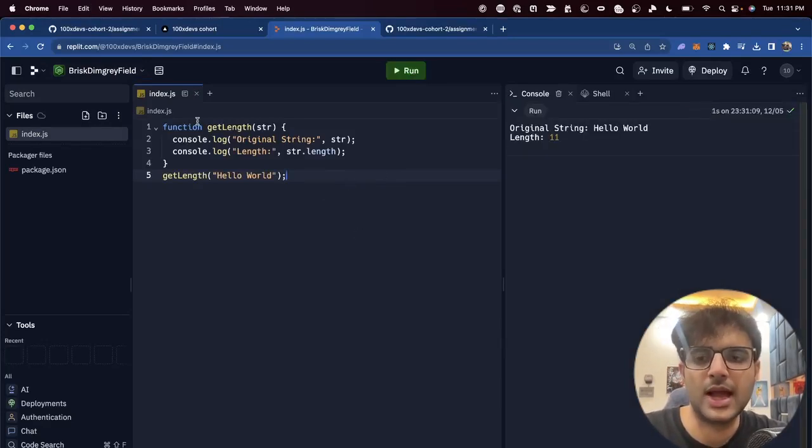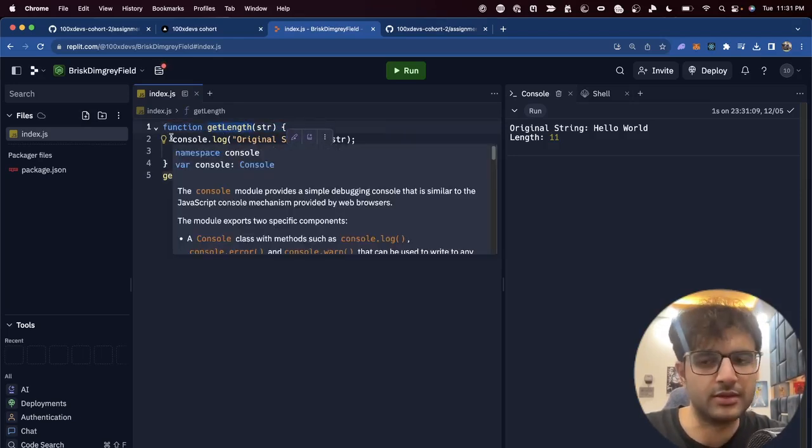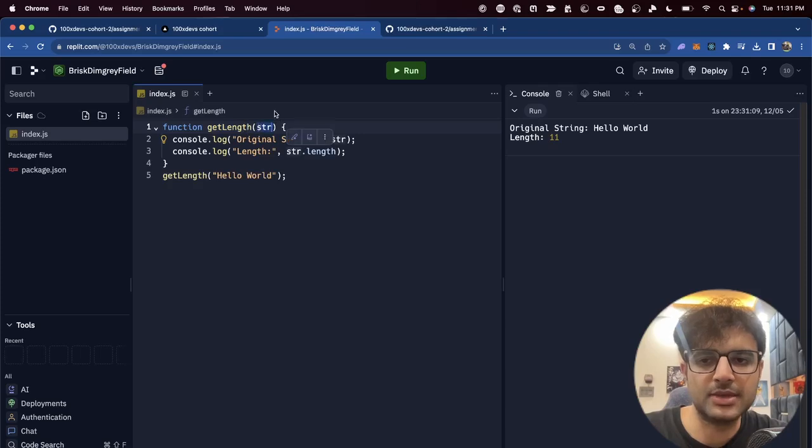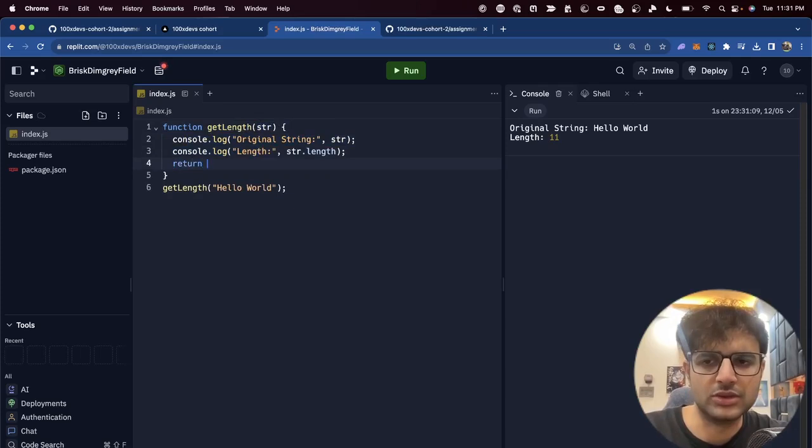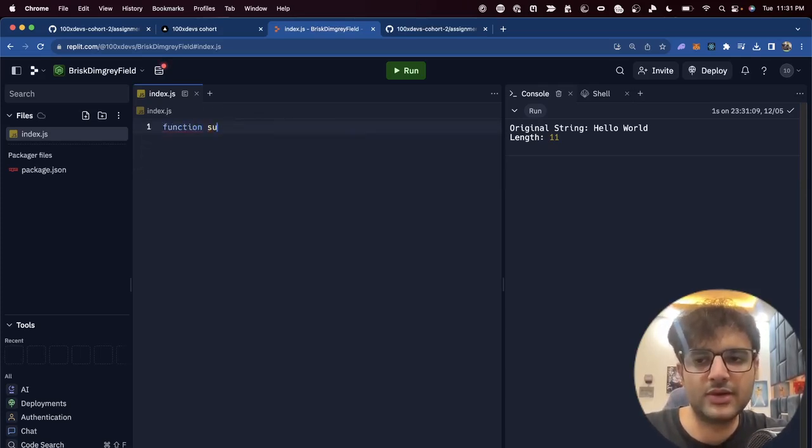For example, I pasted a get length function here. Now, what are functions? We discussed in the last video. It is a place where you can put a lot of logic together. Functions take something as an input, do some manipulation inside, and then can sometimes also return something as an output. A simple example of this was last week we did function sum a comma b return a plus b, and then I said const final sum equal to sum of 3 comma 4,